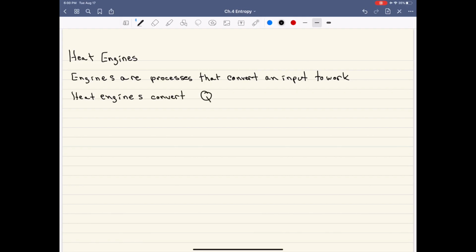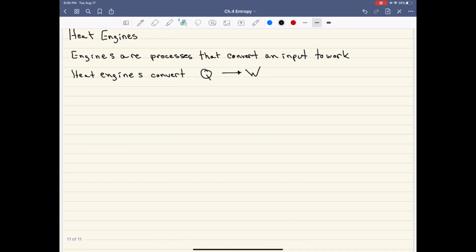So Q to W. We're going to explore the concept of heat engines, and we're going to compare two different types: one that undergoes a reversible process, and another that undergoes an irreversible process. The heat engine we're going to talk about is once again a piston cylinder system. Initially, in state 1,